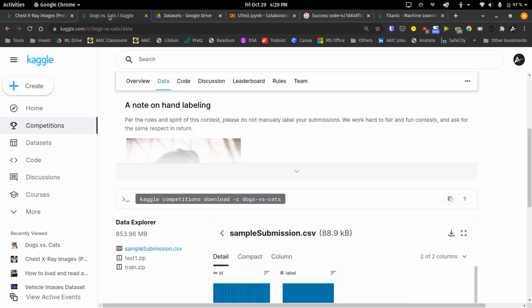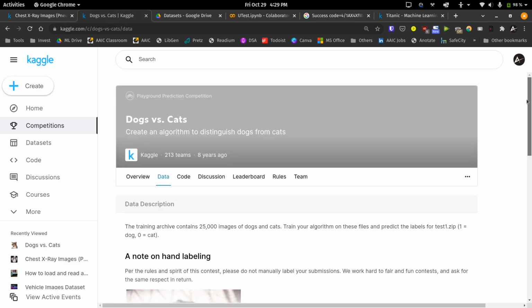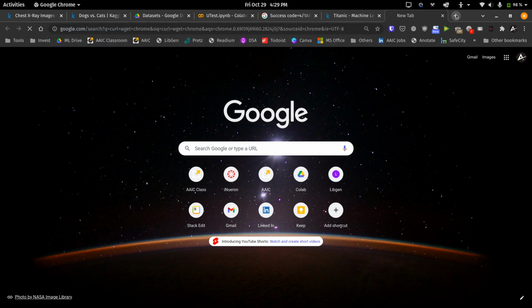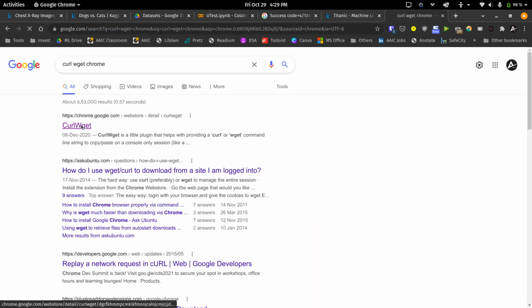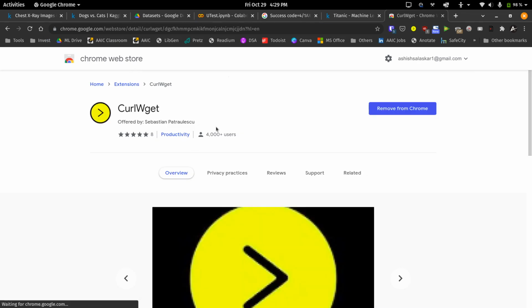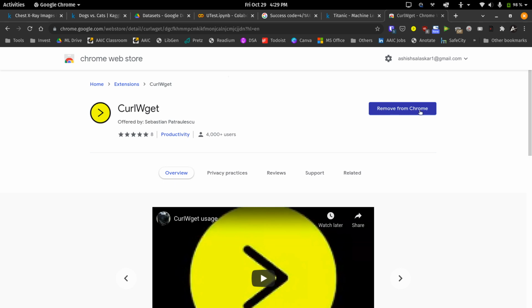So let's not get into the Kaggle part. Let's look into one more very useful plugin for Chrome. The name is the curl wget Chrome plugin. You can download it from this link. It's available in the Chrome Web Store, and it has been used by 4,000 users. So make sure you add it to Chrome, and you'll get the icon at the